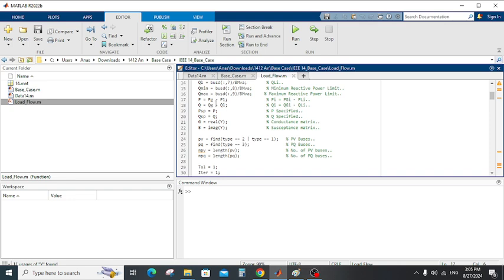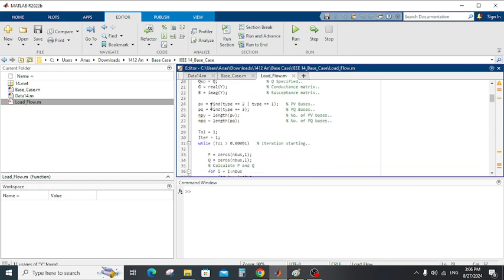It is the difference between the generation and load power, and the generation reactive power minus the load reactive power,